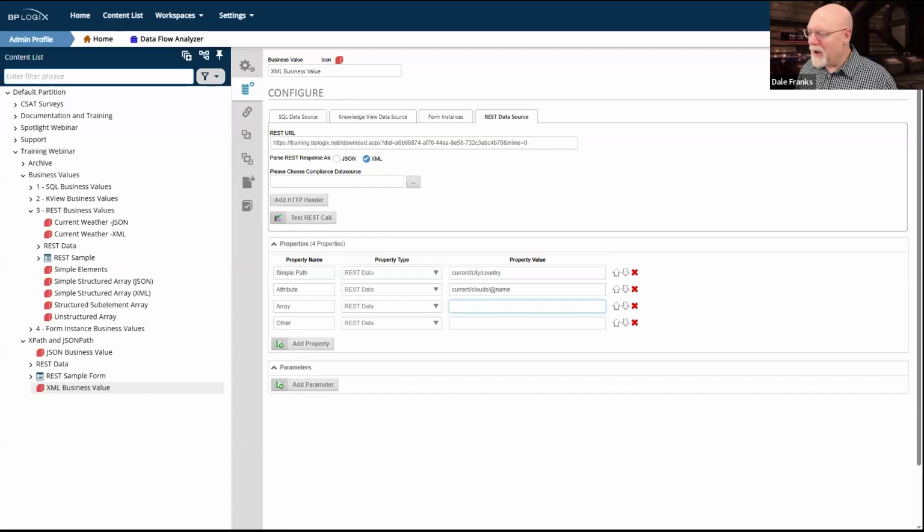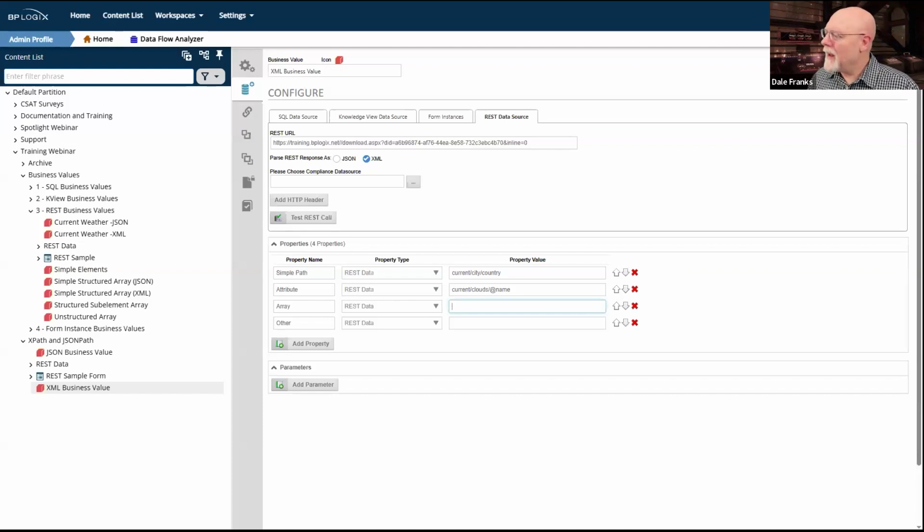JSON path, on the other hand, is a 0-based array system, which means that the very first index is not going to be 1, it's going to be 0. So if I again have 5 items in my array, then my index numbers for those 5 items are going to be 0, 1, 2, 3, and 4. It becomes very important that you understand whether your array is 1-based or 0-based, because you're going to get different data depending on how you do that counting.